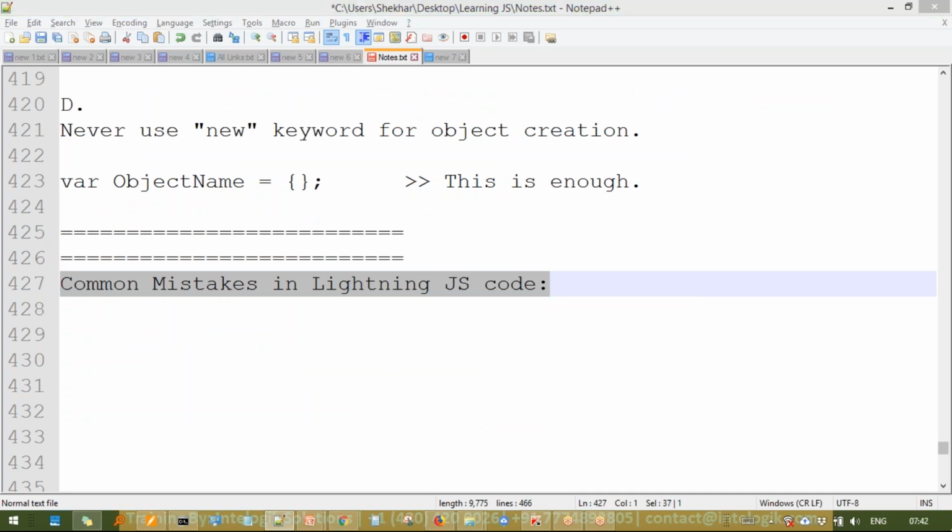Now understand here that whenever you are writing any kind of JavaScript code, client side controller connecting to helper or helper to any other activities, please note, many times instead of using the double equal to operator or the triple equal to operator, unless you are interested in type comparison also, we sometimes use single equal to. And I have seen in many cases that we have hundreds and hundreds of lines of code in the Lightning component,